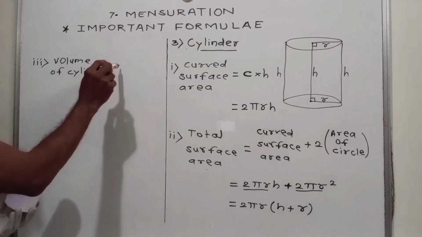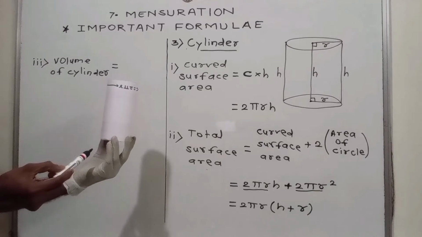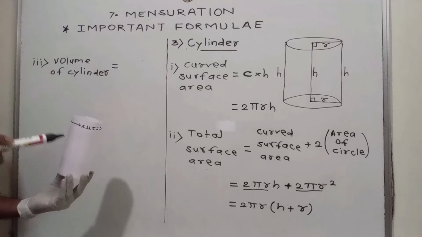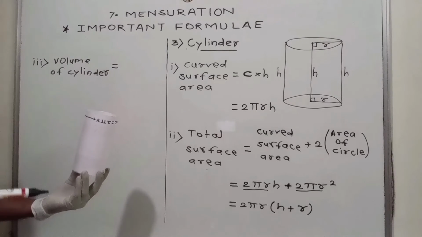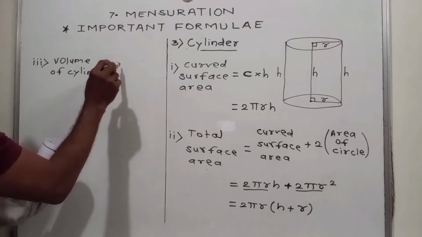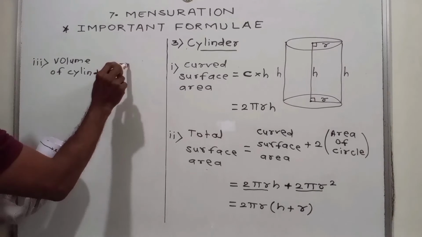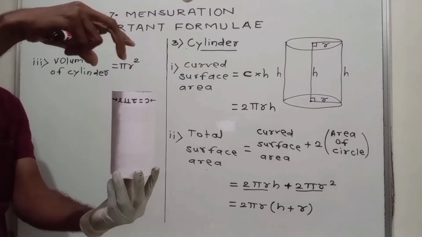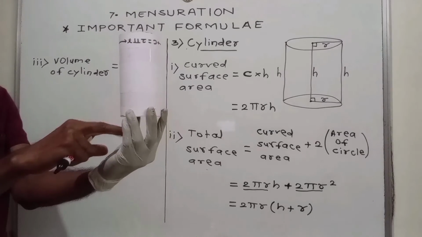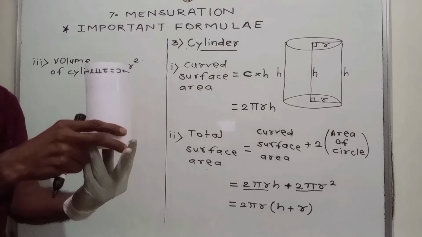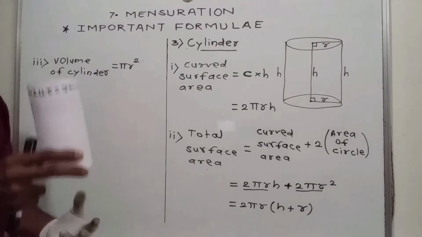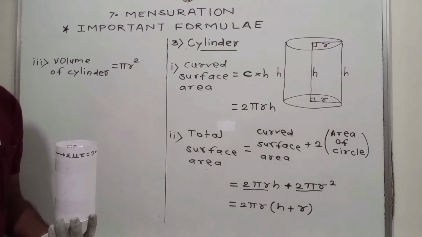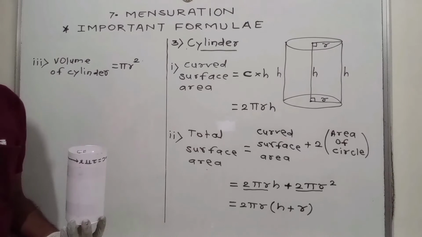Then see here carefully, that rests on the base. Then what is the base? Base is our circle. Then area of circle, what is area of circle? Pi r square. Anything else when we pour or add in it, then that rests on the base, and base is our circle. Did you get it? Then we want area of base. Base is circle, area of base is pi r square.